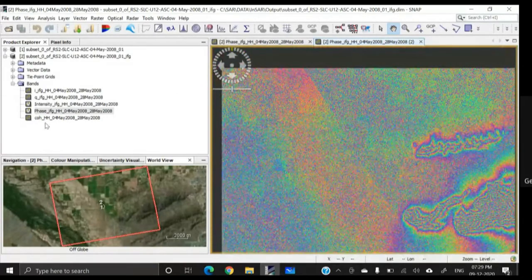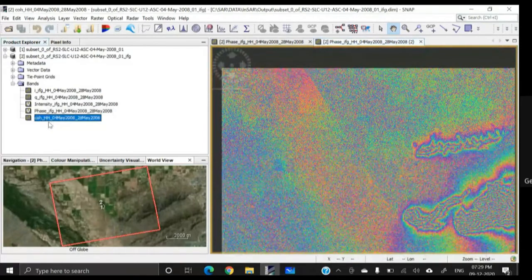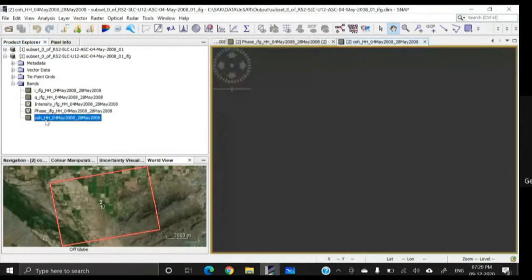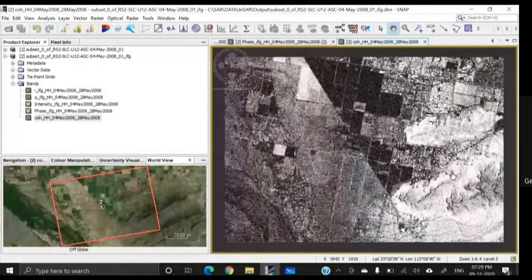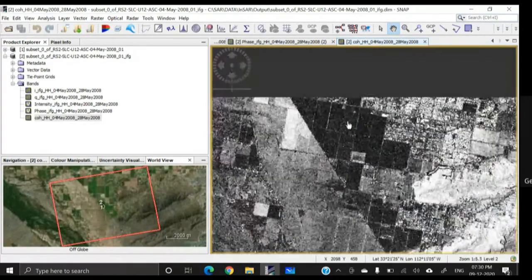If you open the coherence image, you will find that in these areas we have very high coherence, meaning matching of phase in the master and the slave. But here in the agricultural areas, we have very low coherence.